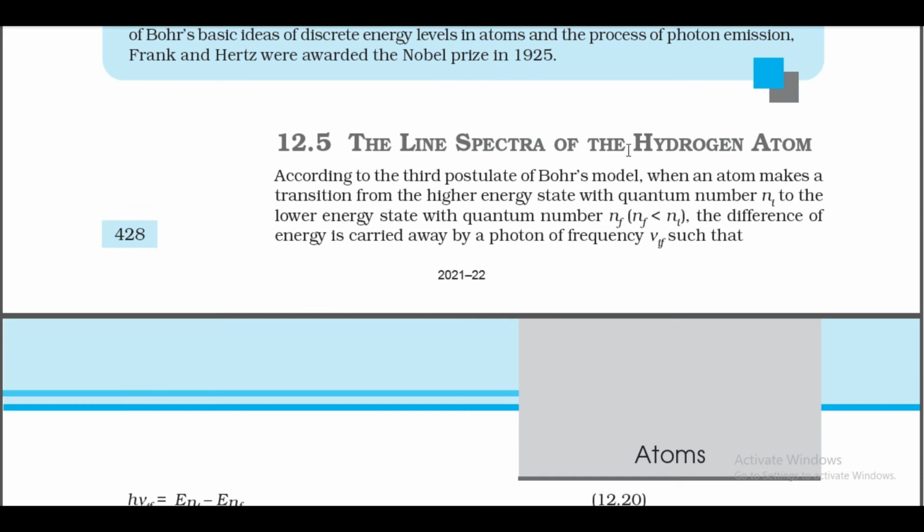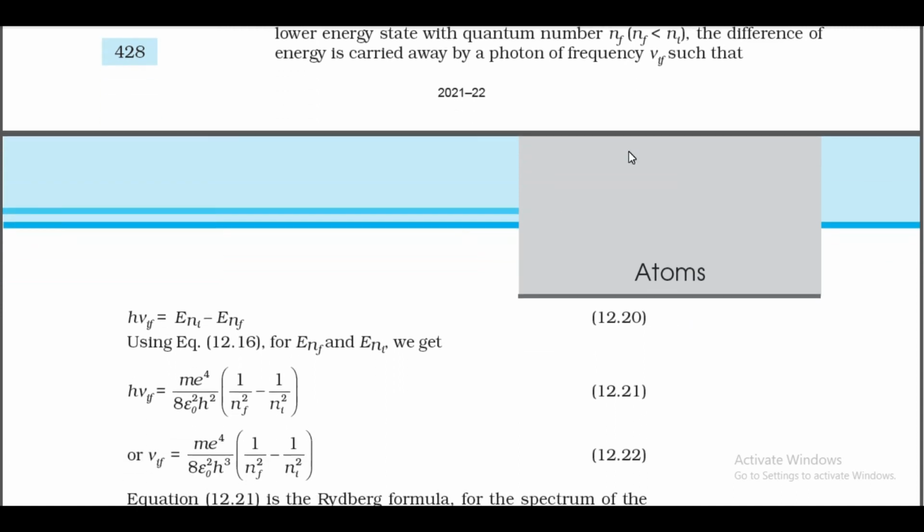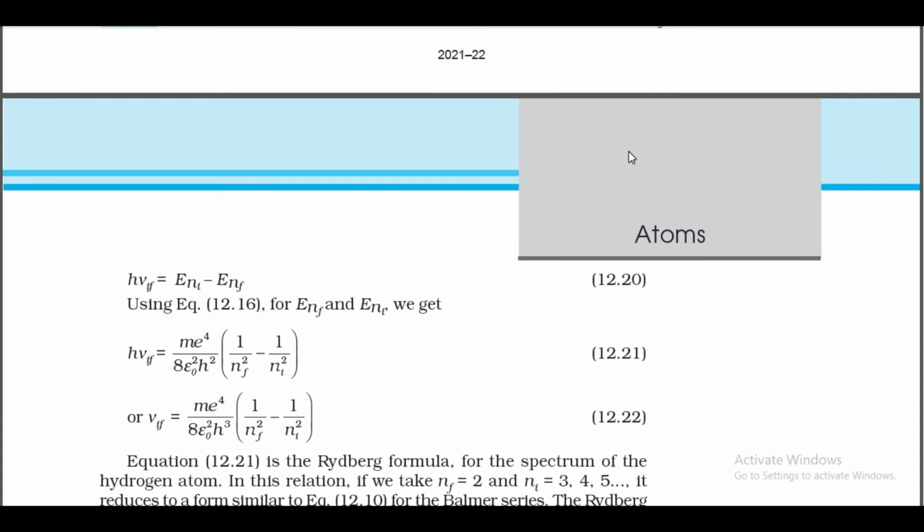According to the third postulate of Bohr's model, when an atom makes a transition from the higher energy state with quantum number ni to the lower energy state with quantum number nf (nf smaller than ni), the difference of energy is carried away by a photon of frequency νif such that hνif is equal to Eni minus Enf. Using equation 12.16 for Enf and Eni,